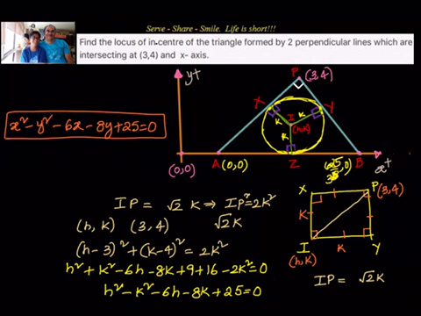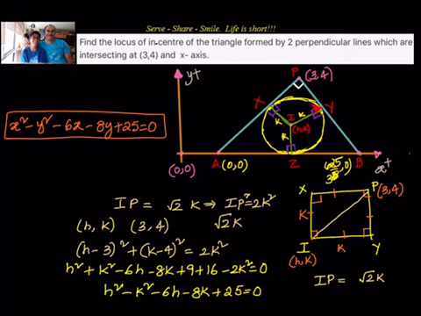Now once we know (0, 0) and (25/3, 0), you should be able to find the distances, the sides. Afterwards you can use the formula (ax1 + bx2 + cx3)/(a + b + c) and (ay1 + by2 + cy3)/(a + b + c) to find the coordinates of the in-center, which we can finish fast. Once we know that, we can go to the multiple choices and substitute the value there and see which one satisfies very quickly. If you are unable to get that logic at that moment, that the diagonal is equal to root 2 k and PXIY is actually a square,